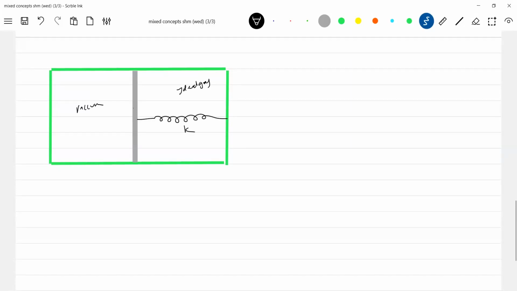Okay, let me bring an ideal gas. So this is having a pressure P naught, V naught, T naught. The area of cross section of this adiabatic cylinder, let me bring it. Piston, non-conducting. We have to find out the time period of oscillations of the piston. I have brought a spring constant here.